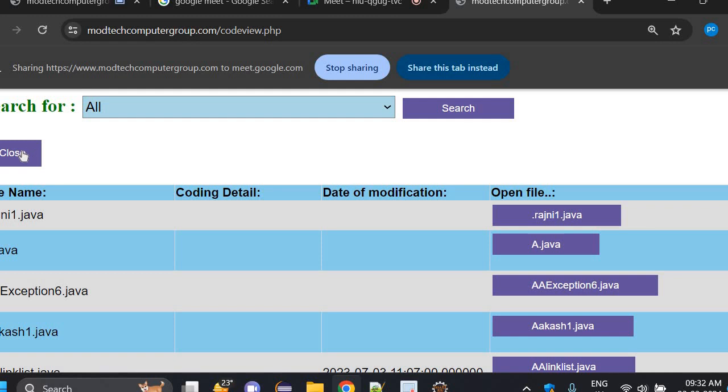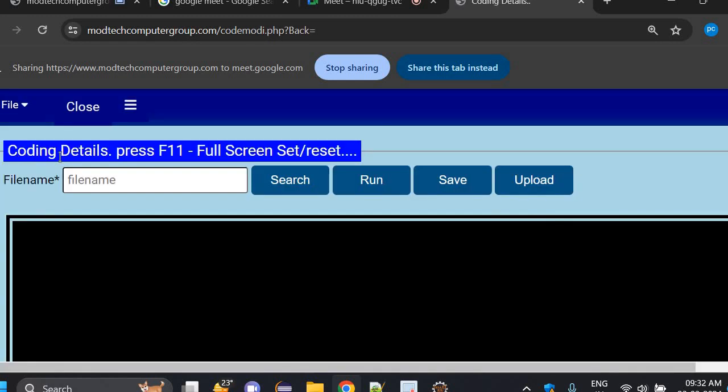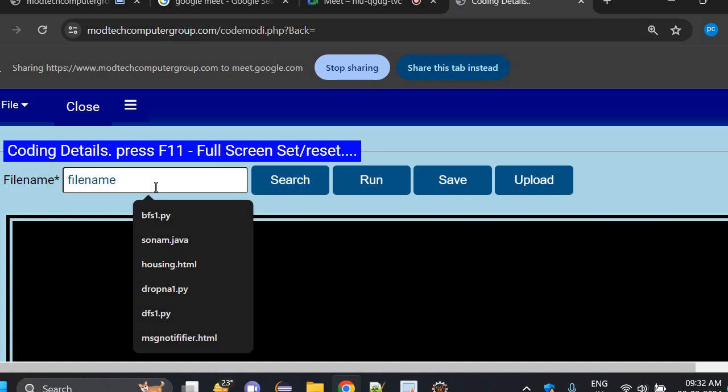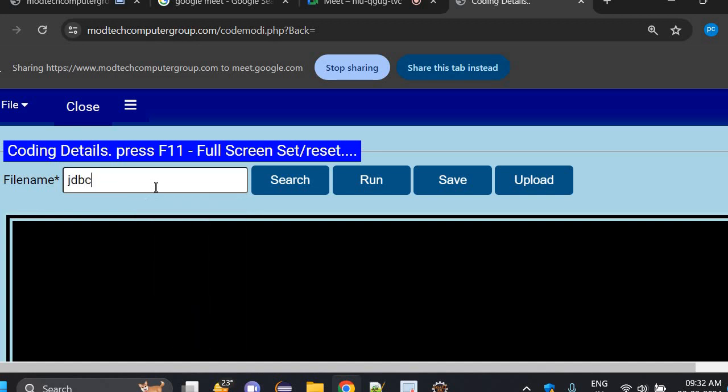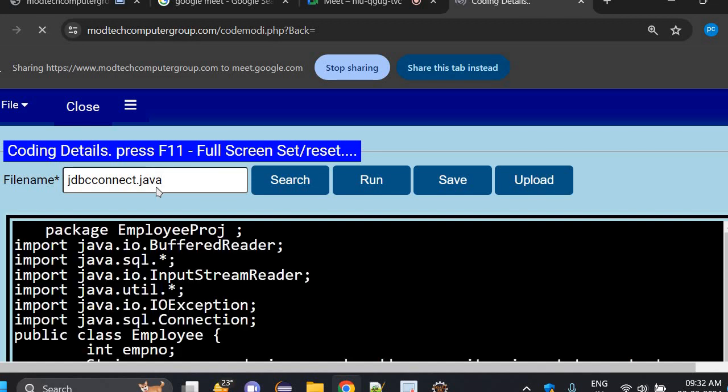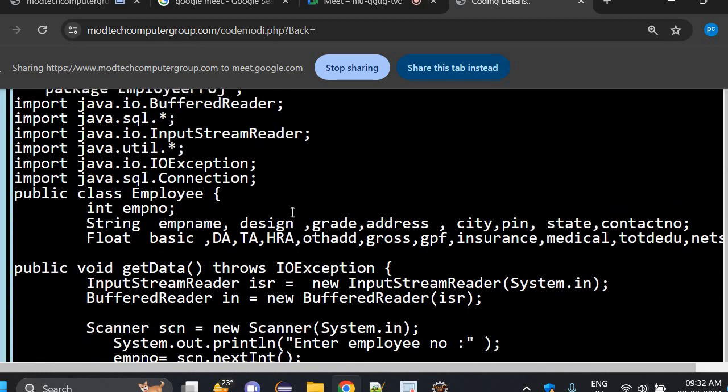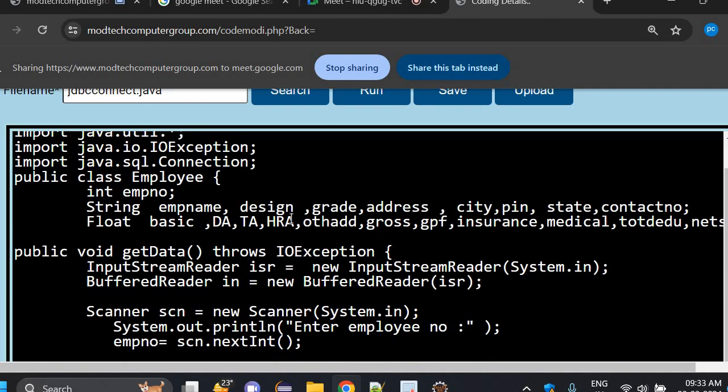I will come out of it. Then I will open connect. It is my jdbc connect.java file, which has almost everything for me. Here you can see one program which has been made for the purpose of getting connected with the employee, and